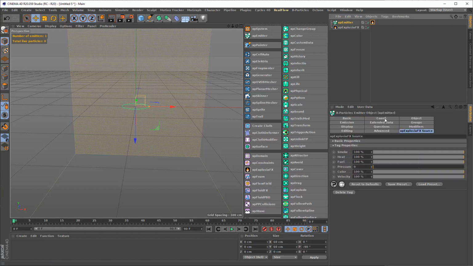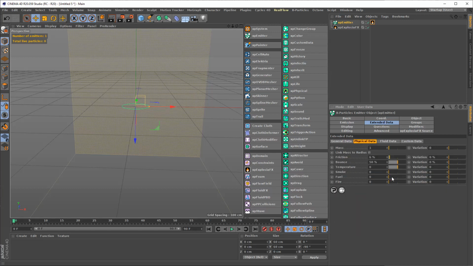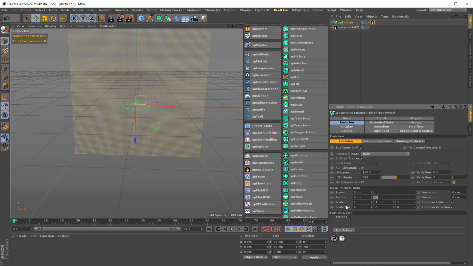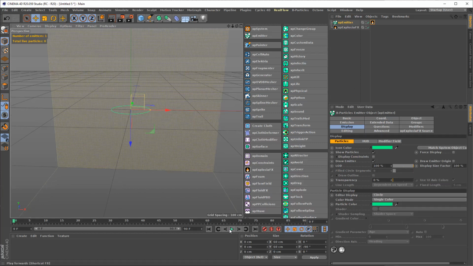I will go to the XP emitter, on the extended data and physical data, and I will set the fuel to 100%. Let me go back to the emission, so let's turn the speed to 0. I will keep a radius of 2 centimeters. Right now I will display the particles as cycles, and the first thing I'll notice is that there is no